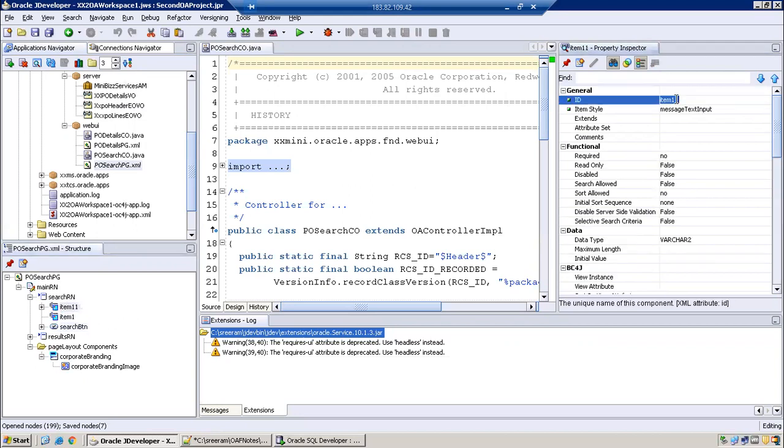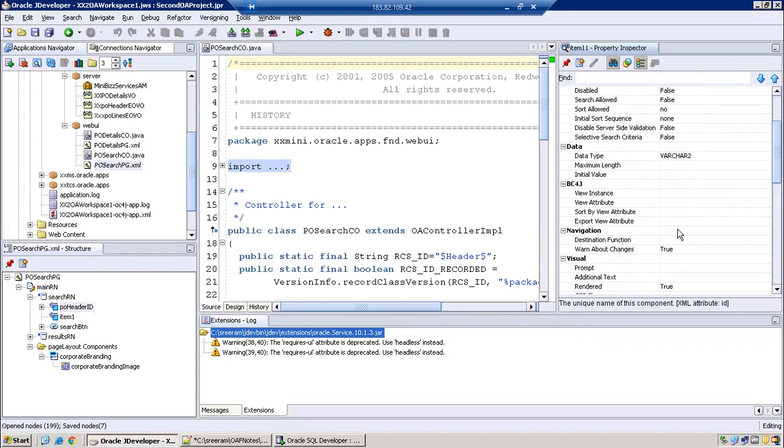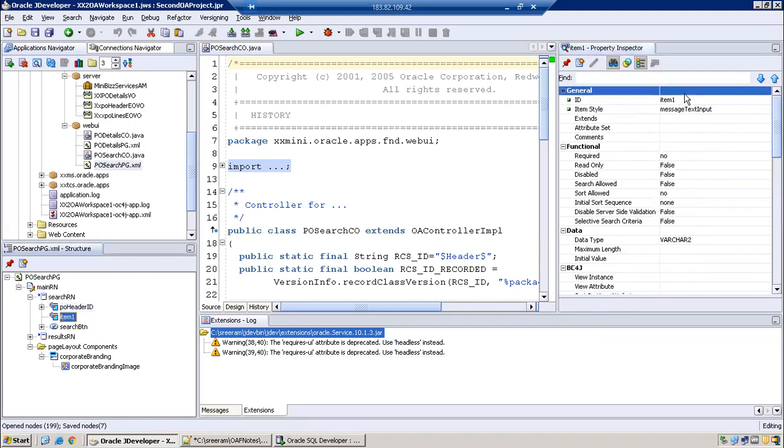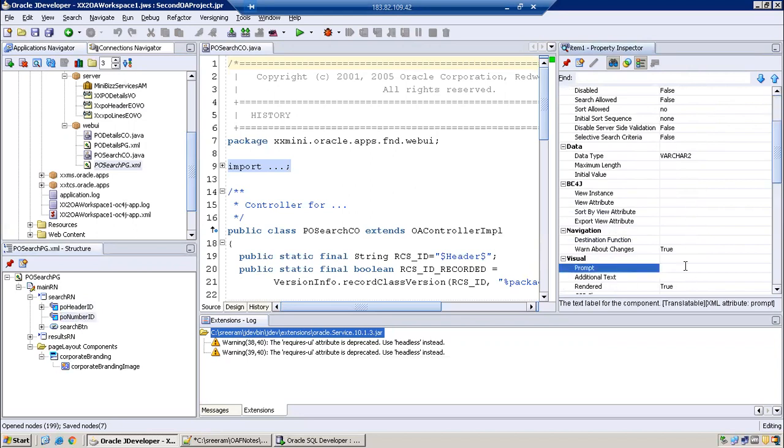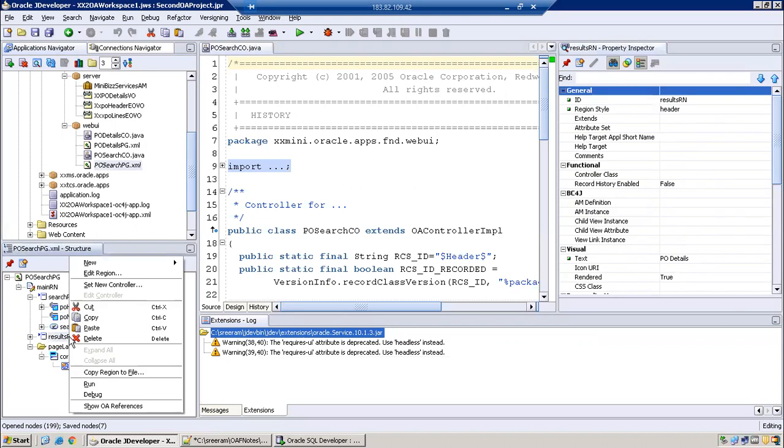And this one I will name PO header ID, enter PO ID, and PO number ID, enter PO number.